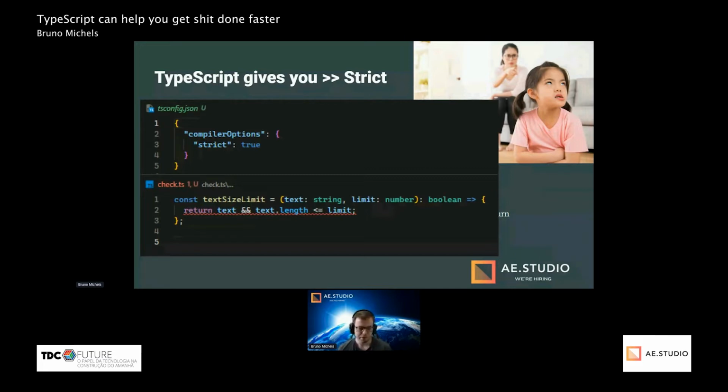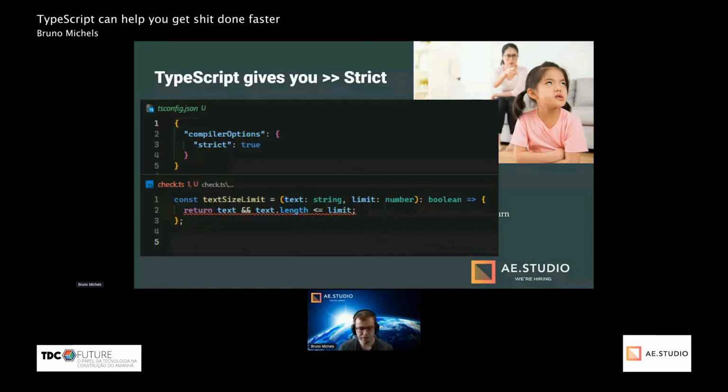But if we look at line 2 where the code is, we are checking if there is text, and if there is some text, we check the length and compare it to the limit. But if we don't have text, if text is null, the right-hand side of the operation is not going to execute because it's an AND operation. So the left side is going to fail, and the end result is that it's returning null. But null is not a Boolean. A Boolean is either true or false. It cannot be undefined, it cannot be null in strict mode. So that's why you have an error here.